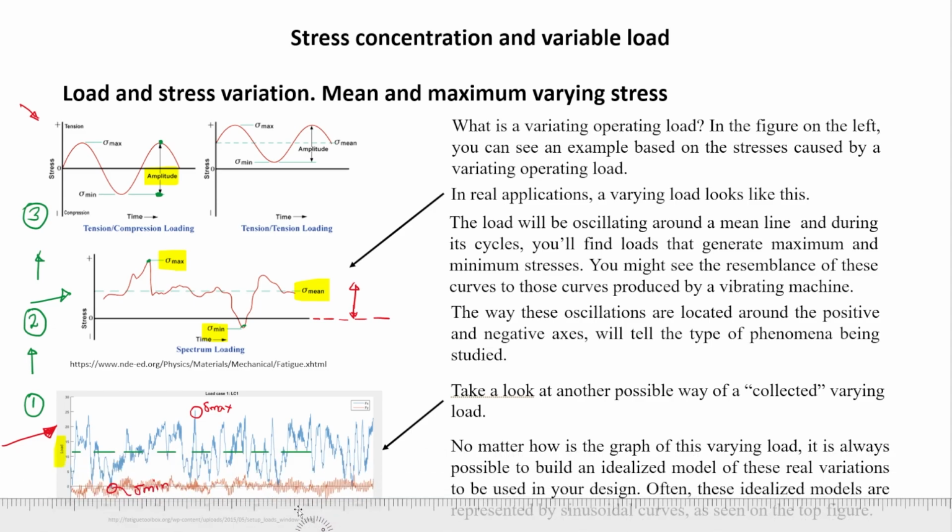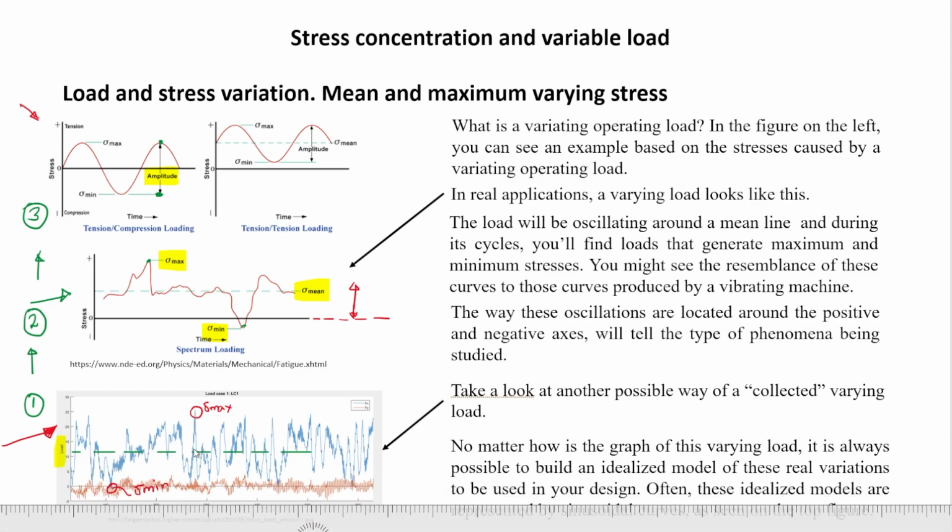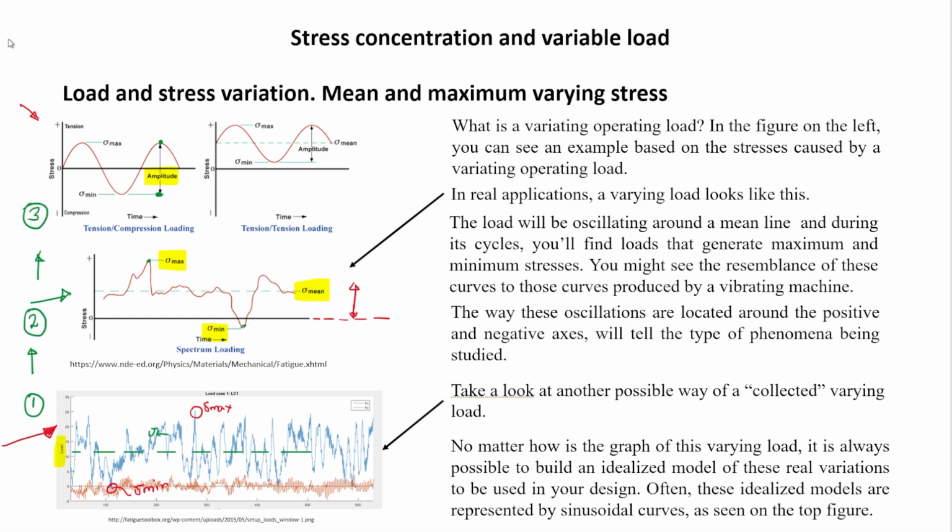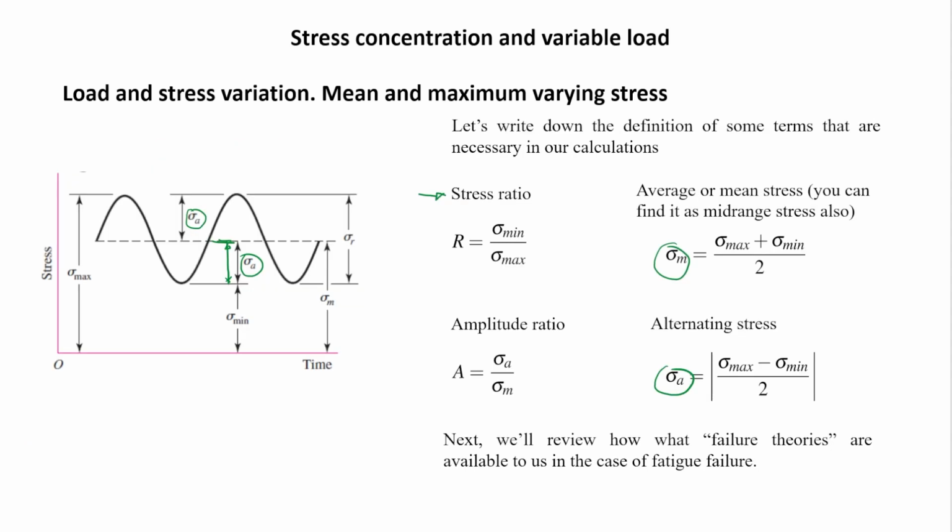So what is the alternating stress? Well, it may be possible that I have to make some assumptions about what was the value of that sigma A in that case, but it's a little bit more complicated, but you can get to a certain decision about saying, hey, yeah, no, the alternating stress is going to be this one. But in this idealized case, it's pretty simple because it's just a simple mathematical manipulation of the maximum and minimum